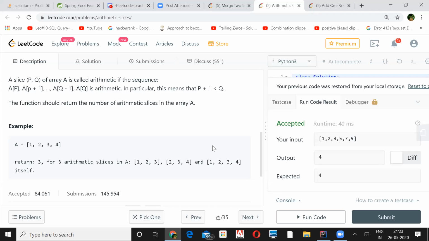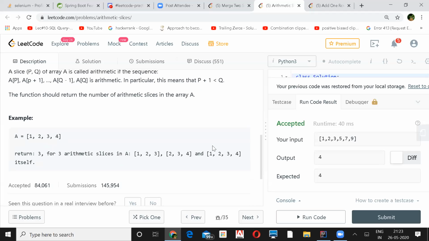So the approach which comes to my mind is to use some sort of recursive way. In the recursion, you start with one index and compare its neighboring elements and see if they have the same index differences.